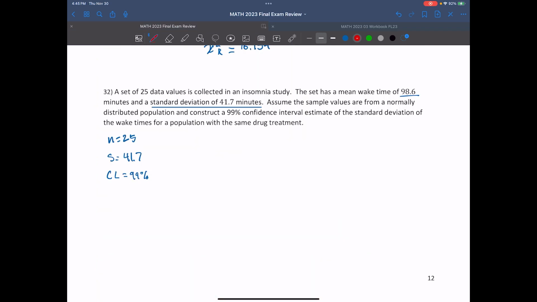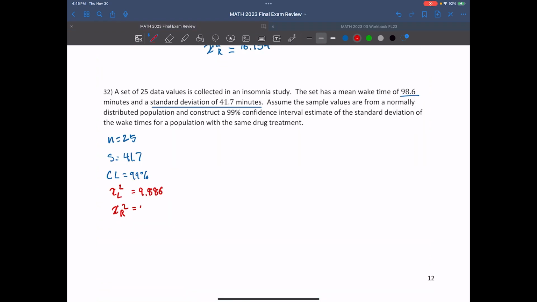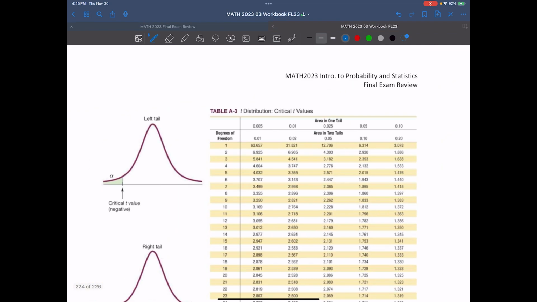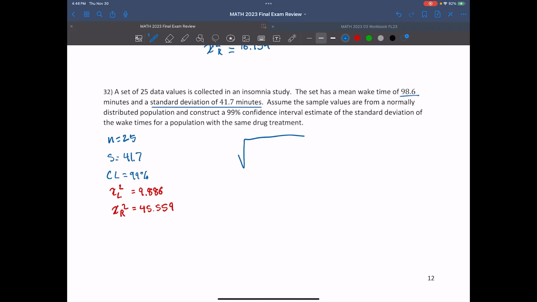The left chi-squared is 9.886, and the right chi-squared value is 45.559. Now the confidence interval is just going to be the square root of, just to make sure I don't mess it up in this recording, n minus 1 times s squared. We'll do the n minus 1 first, so 24 times